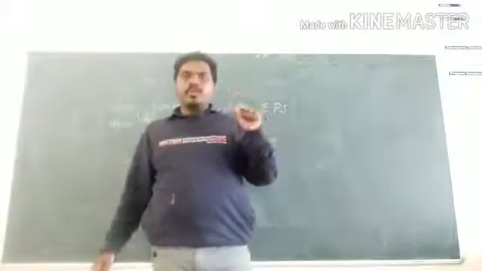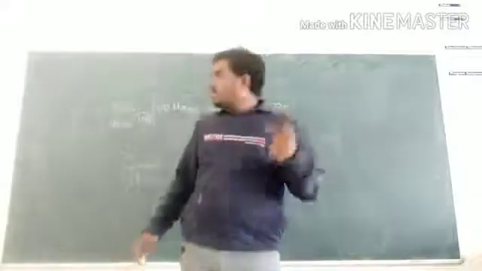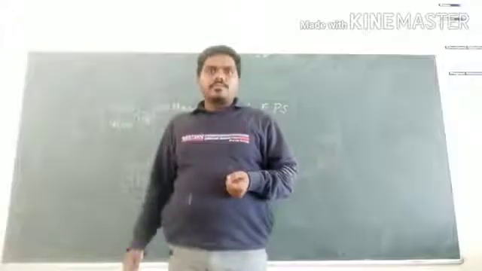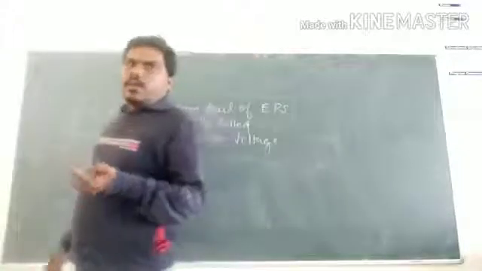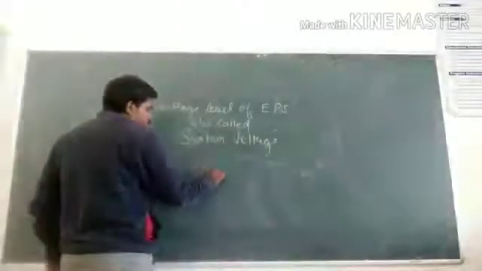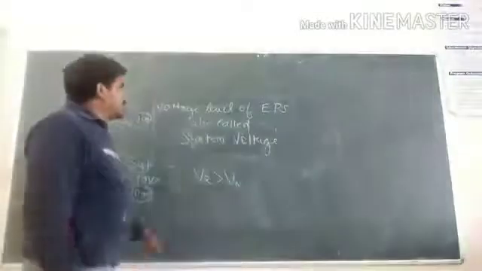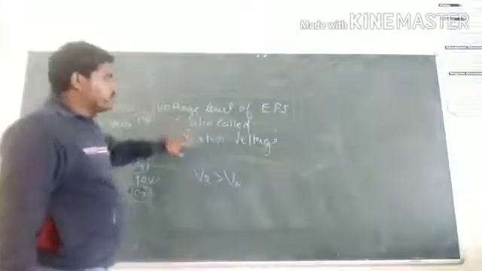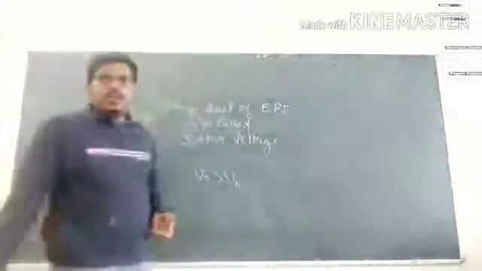The transformer will operate at that condition, because the designer, let's suppose I am the designer, will design my transformer like this. So the rated voltage value must be greater than the nominal voltage. So my rated voltage value is greater than nominal voltage. The voltage level of EPS is also called the system voltage. The system voltage is less than the rated voltage.